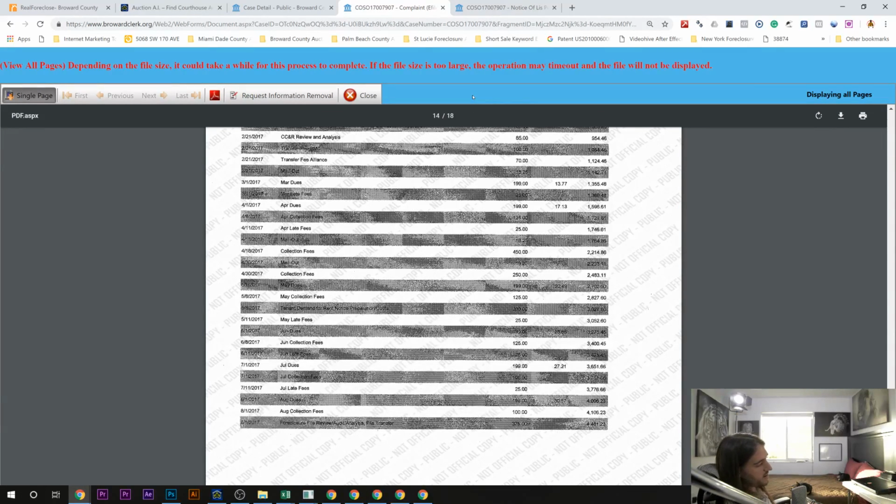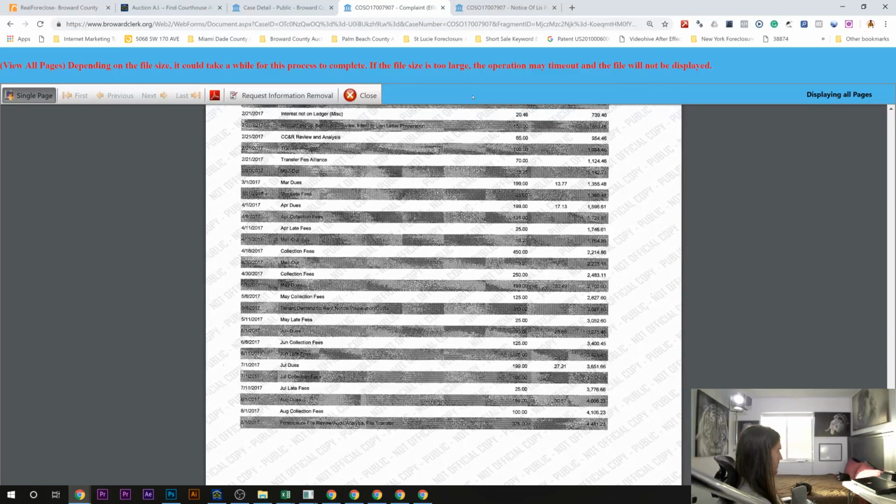So even acquiring at $97,000, the realtor's looking to flip it. What we always recommend to do is to rent it. So now if we go back to the case,